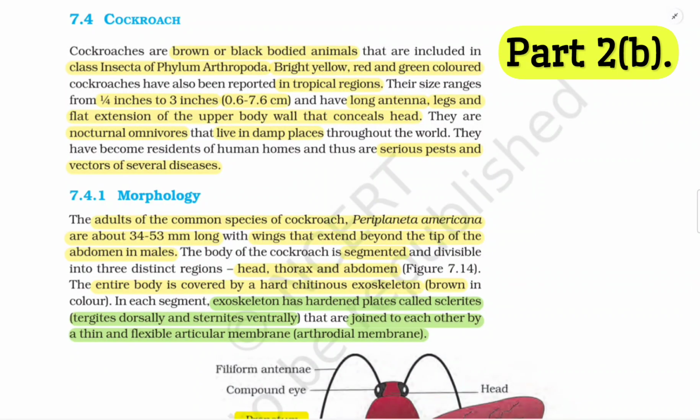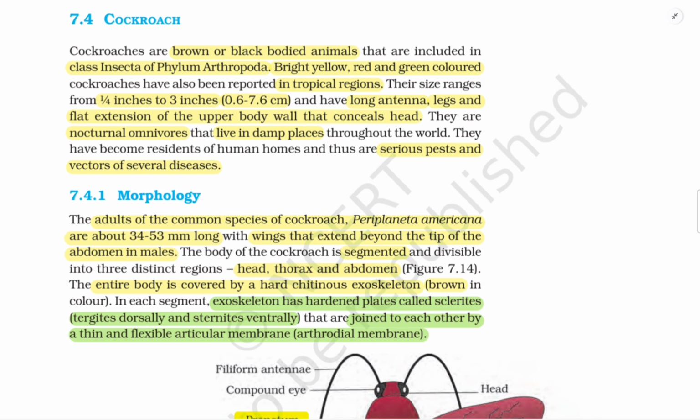7.4 Cockroach. Cockroaches are brown or black bodied animals that are included in the class Insecta of phylum Arthropoda. Bright yellow, red, and green colored cockroaches have also been reported in tropical regions. Their size ranges from 1/4 inches to 3 inches, which can also be comprehended as 0.6 to 7.6 centimeters,